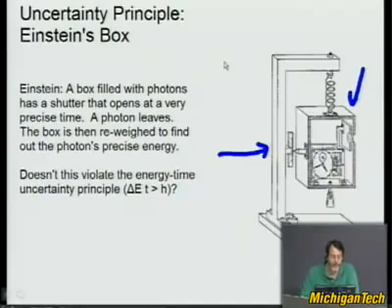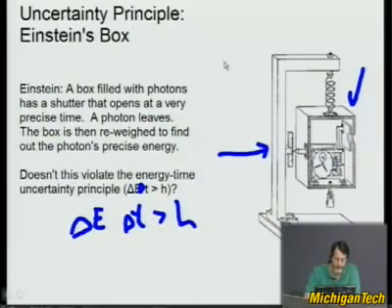Then Einstein said, okay, look, this should be a delta. I don't know what happened to delta t there. This should be delta E, delta t greater than h, because I'm too lazy to write out 4 pi. If you now open a slit on this box and you let out a photon, here's where the slit opens. And you let out a photon at a very specific time. So this slit is only open for a very small time, delta t.